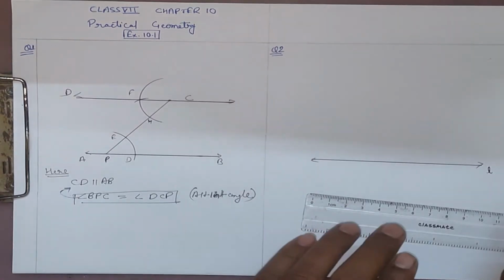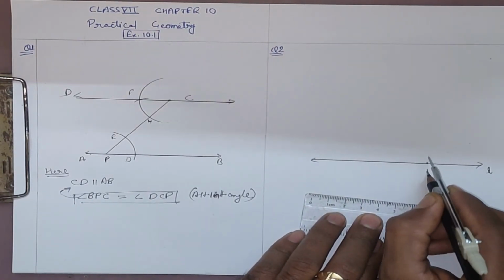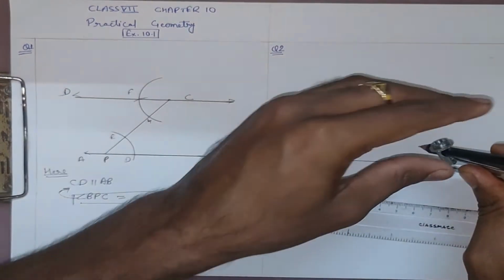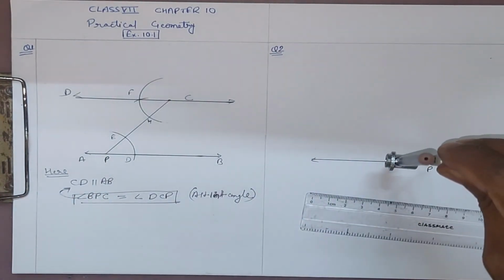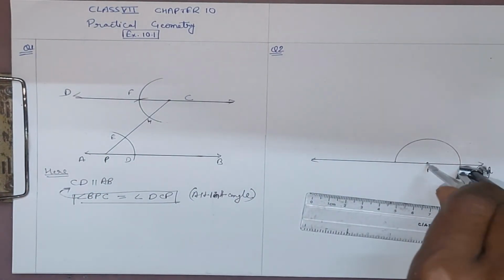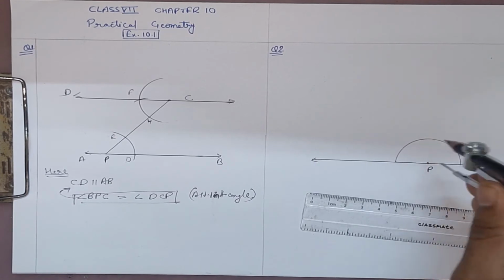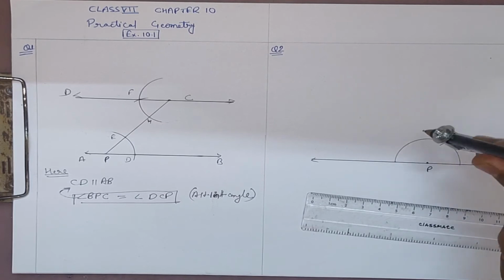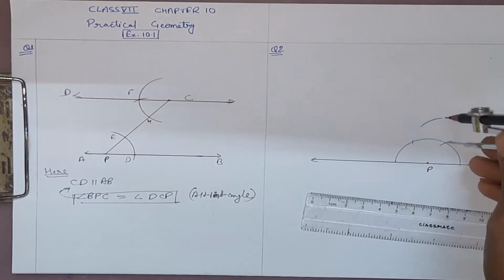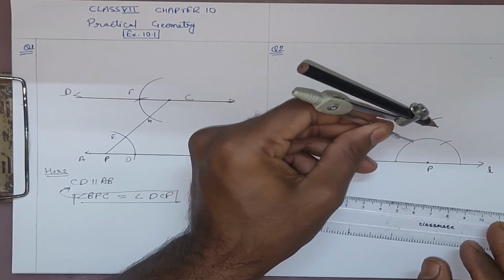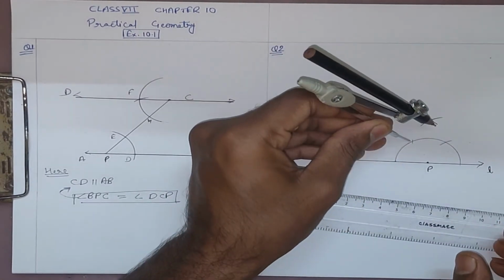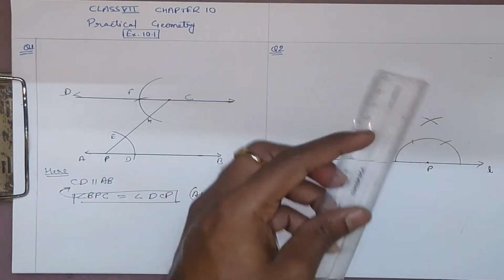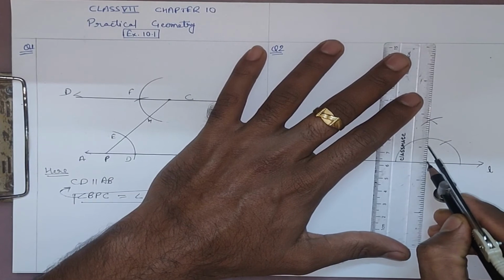So what you have to do is take a point P anywhere here. Let's say that point is P. On this P we need to draw a perpendicular. Perpendicular means 90 degrees, so do the construction of 90 degrees. Take a convenient arc, putting it to the first point 60 degrees, second point 120, and from 60 and from 120 you get a bisector, which will provide you 90 degrees. The bisector of 60 and 120 will be 30, and 60 plus 30 will be 90 degrees.